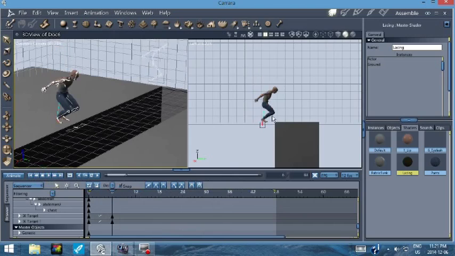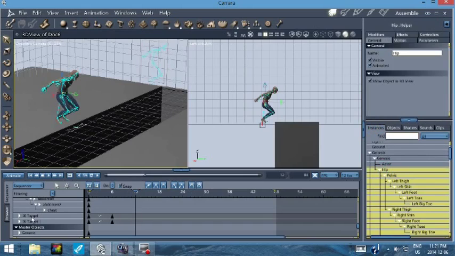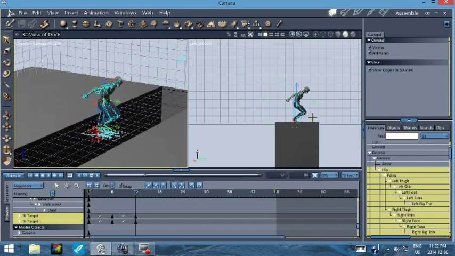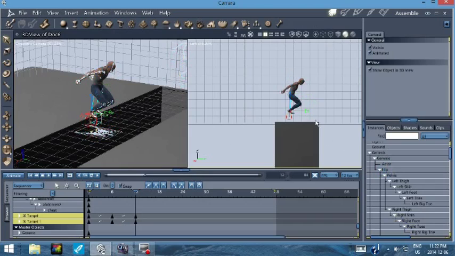Okay, so the next one I want to do is him in the middle. I guess you're modeling or rigging or animating the extreme poses as I've learned. So the next pose would be the peak here when he's in the air. So let's go to that. Go like this, go to 12, and we will select the hip bone and the two IK targets, and we will drag it to the middle. Maybe not quite the middle, something like that, and up, and then we will deselect the hip, and we will